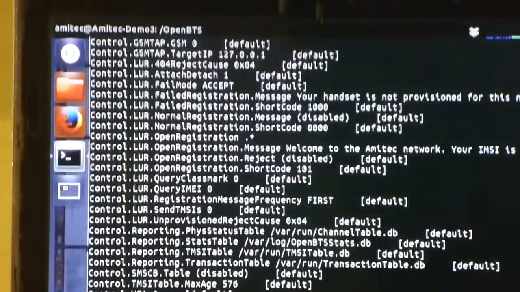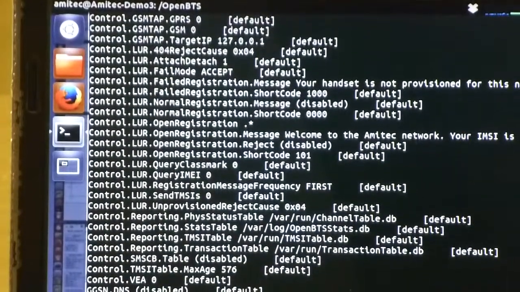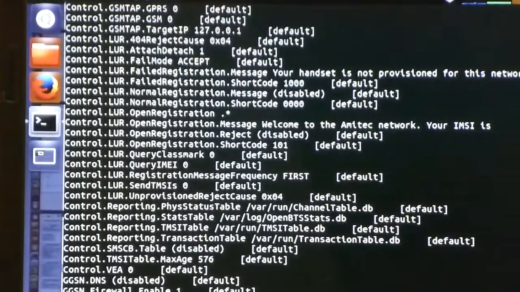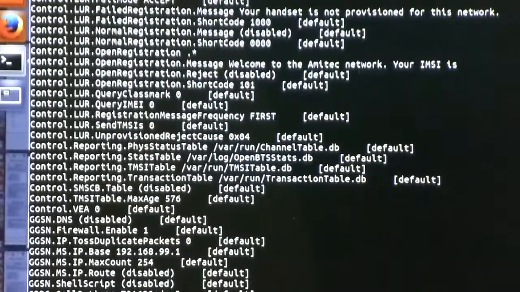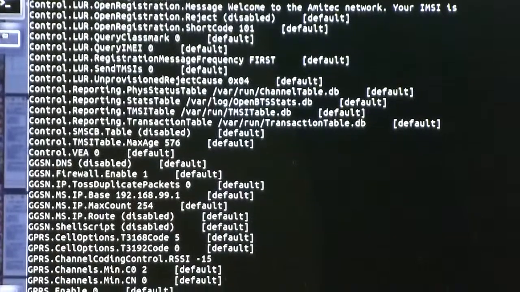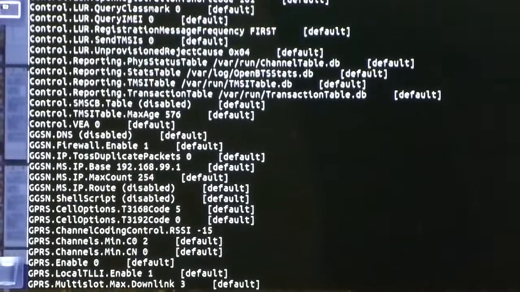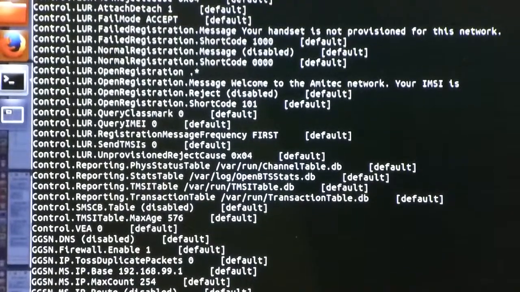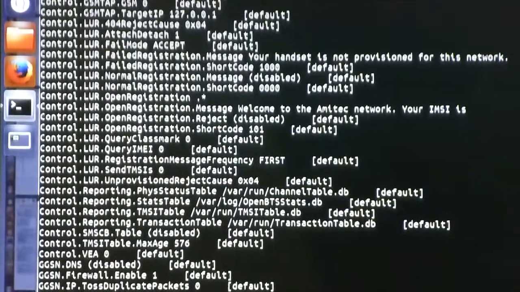Among other parameters, we can also define which mobile phones will have access to these base stations. We can also input the IMEI number of the SIM card to allow access to only restricted phones, or we can open up the registry so that any phone can access. We can also configure the welcome message, the failed message, or how the SMS will be handled over the system. All these parameters can be set using the utility itself.